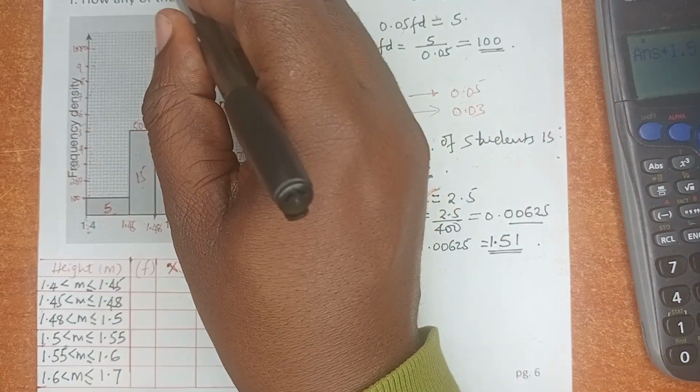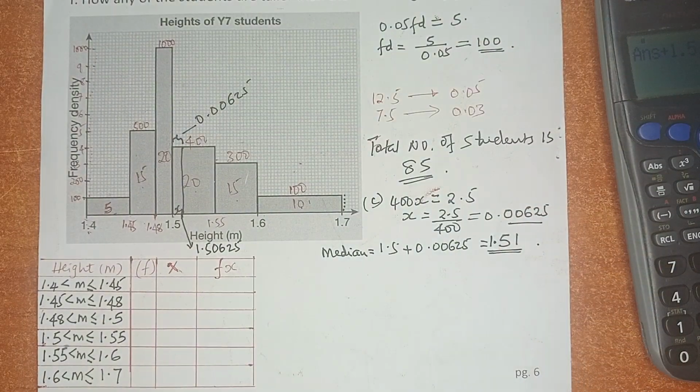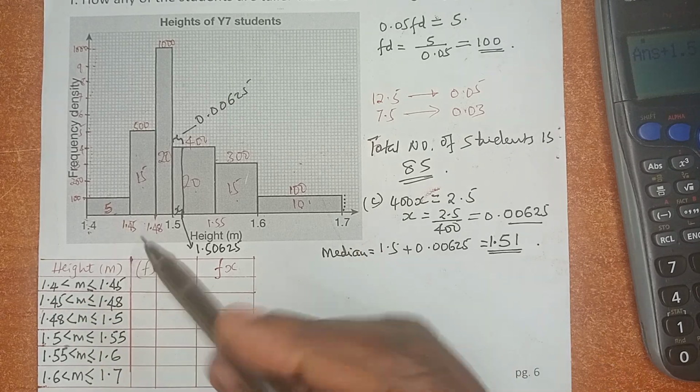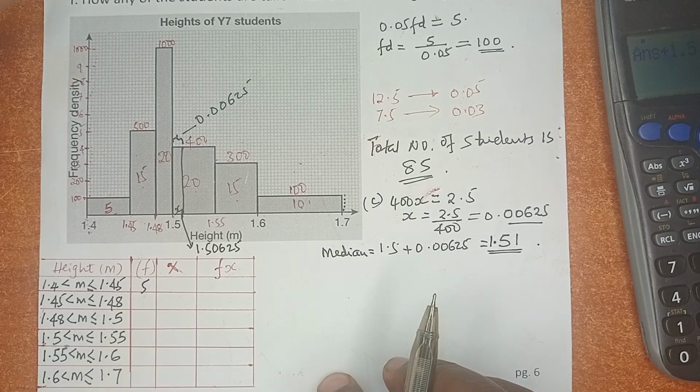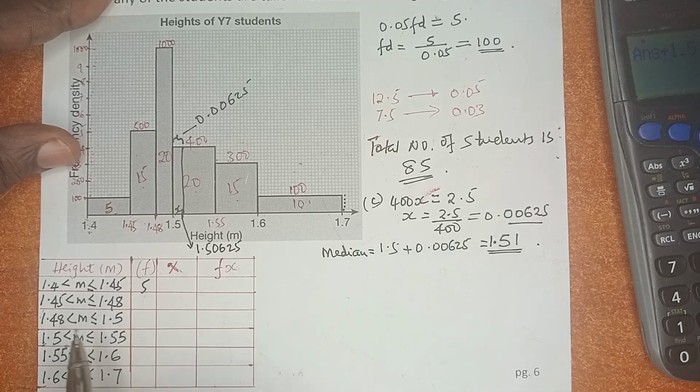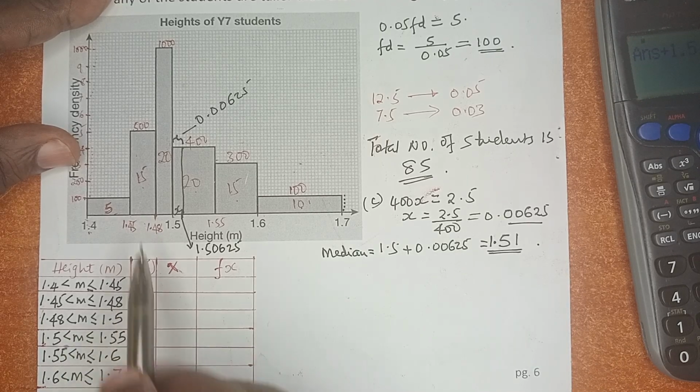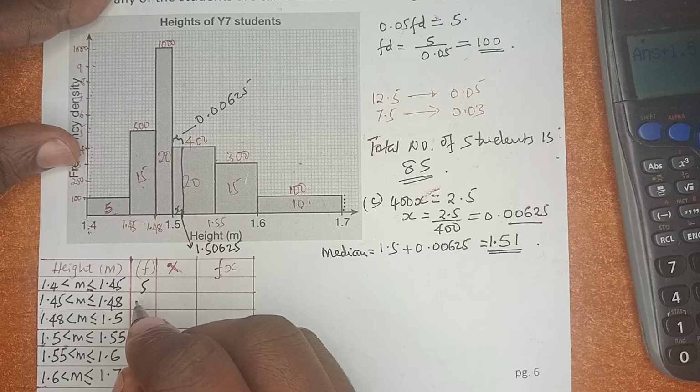To establish a frequency table, we have to have now all the classes with their frequencies. For example, the class of 1.4 all the way to 1.45, which is this one, we have a frequency of 5 as established there. And then the class of 1.45 to 1.48, which is here, we have a frequency of